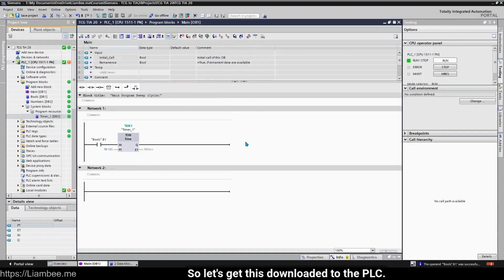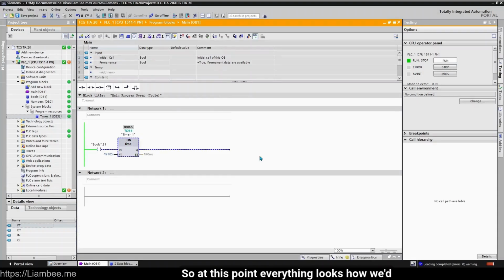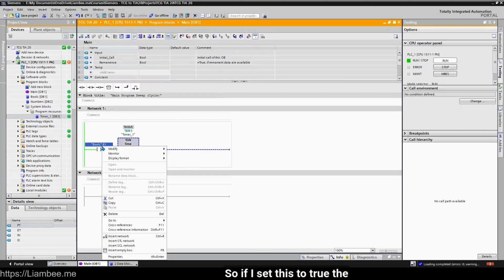So let's get this downloaded to the PLC. At this point, everything looks how we'd expect it to look, which is we have an input and some logic before the input to make sure that it doesn't just run. And we have a function block using its own data. And when we set this to true, we expect the timer to run. So if I set this to true,